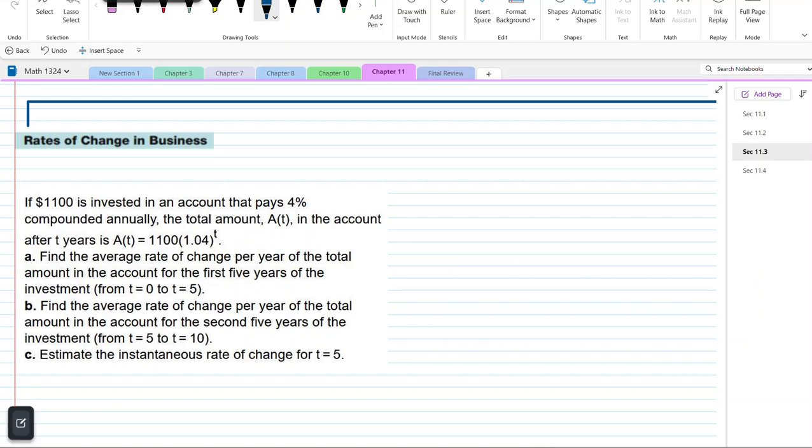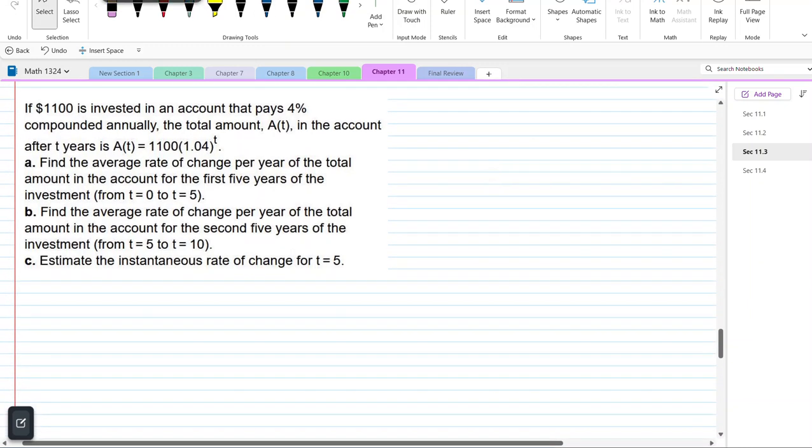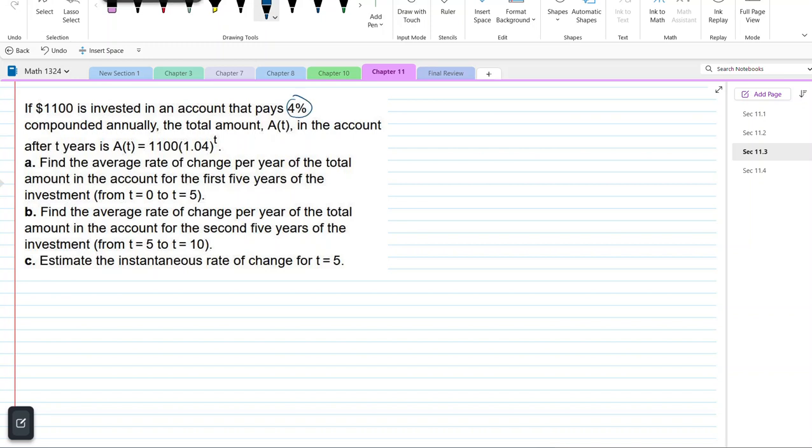We're doing how rate of change works in business and how we see the mathematics involved and how carefully we need to read. So, how does it apply in our business world? Here we have an income. If $1,100 is invested in an account that pays 4% compounded annually, the total amount A of T in the account